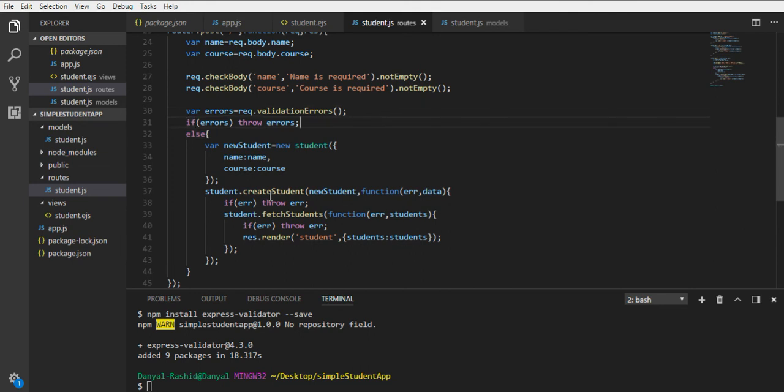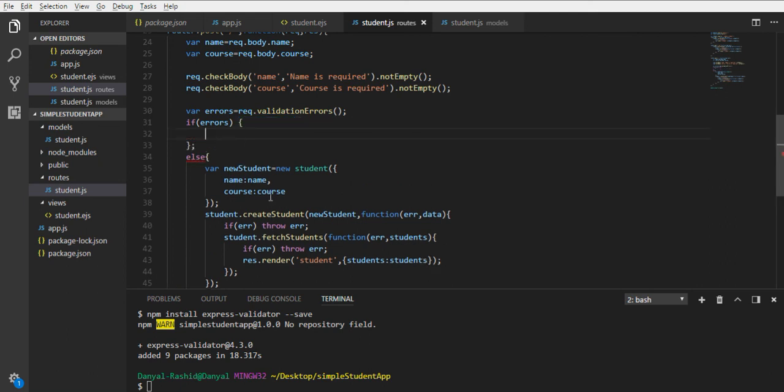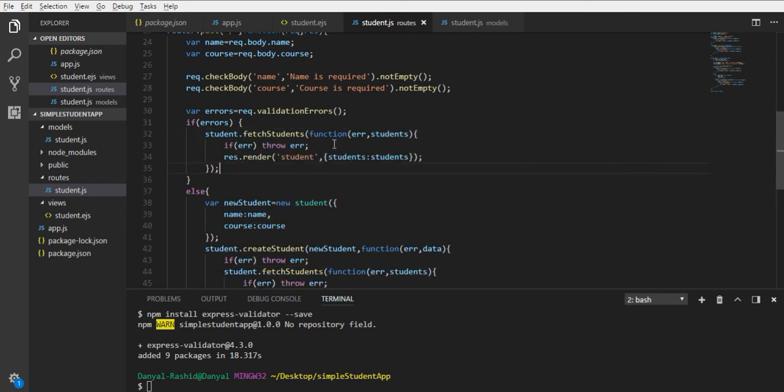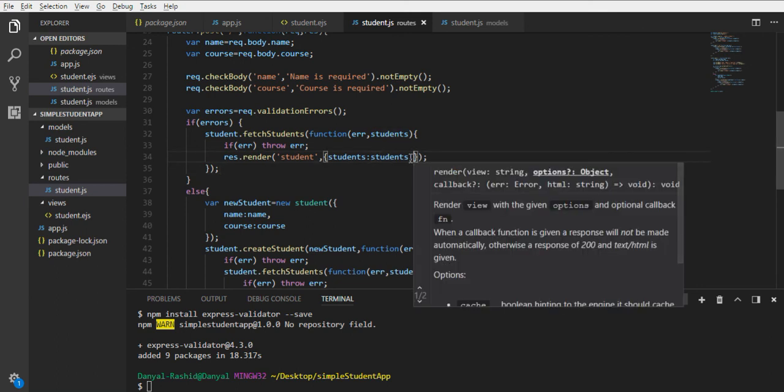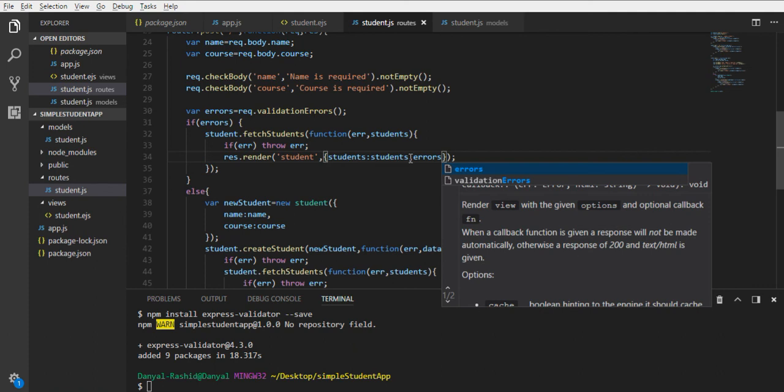So in error, instead of throwing this, what we will do here is simply copy this and paste it here, and here along with students pass errors,